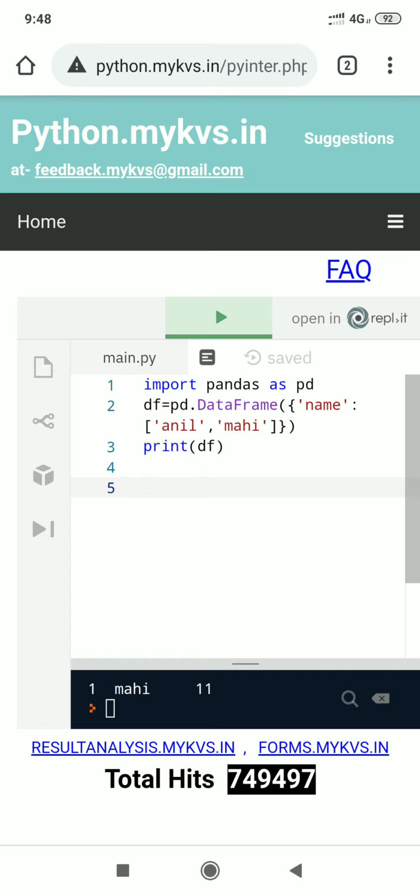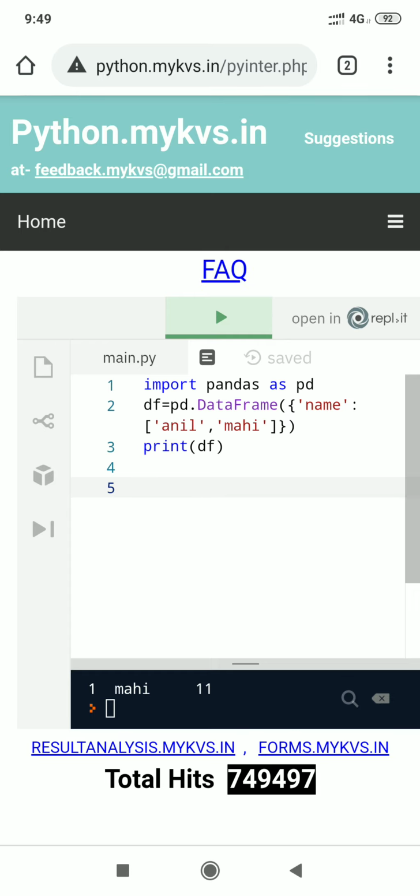Here what we are doing: we are creating the pd object of pandas, and then we are calling the method DataFrame. Here we are passing a dictionary with name as key and values Anil and Mahi.